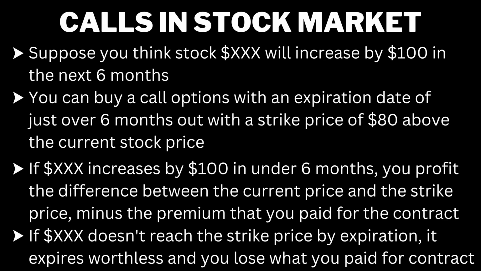When looking to buy an options contract, you will be able to select from a multitude of different strike prices depending on the price that you think the stock will surpass by that expiration date. One thing to note for calls is that the higher the strike price is, the cheaper the contract will cost you. Anyway, if you are correct about your conviction and the price of the stock increases by $100 within only 5 months, you have the right to exercise the contract, which allows you to buy the stock at the predetermined strike price, which in turn would result in you profiting the difference between the current price and the strike price, minus, of course, the premium that you paid.